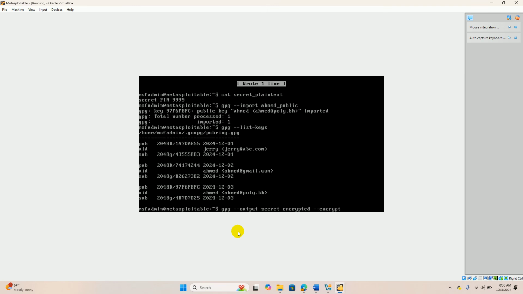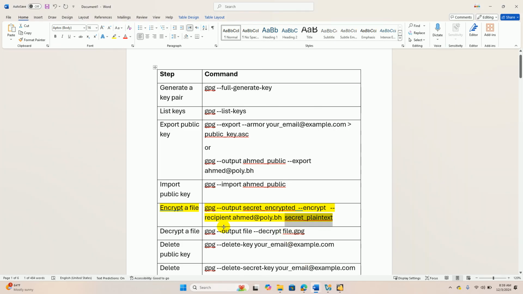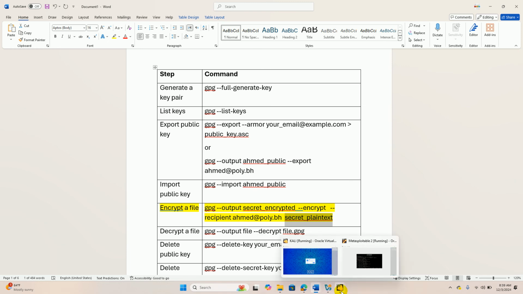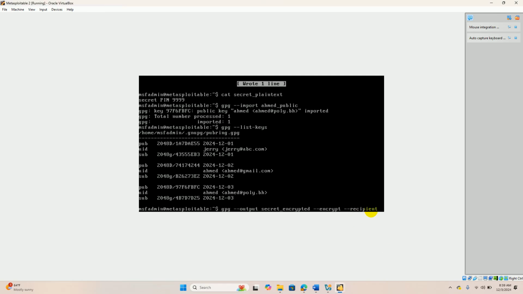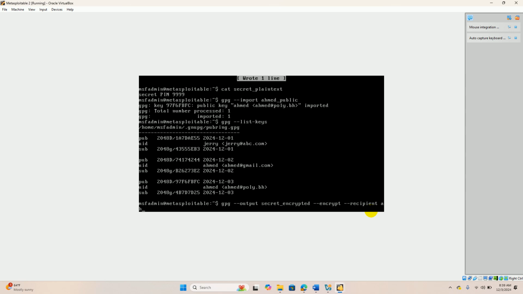Encrypt. Then we want GPG to use a specific key, so we say recipient. Let me check the spelling. Recipient. Then which recipient? You see there are three keys: Jerry, Ahmed at Gmail, and Ahmed at Poly. I want to tell it to use Ahmed at poly.bh,